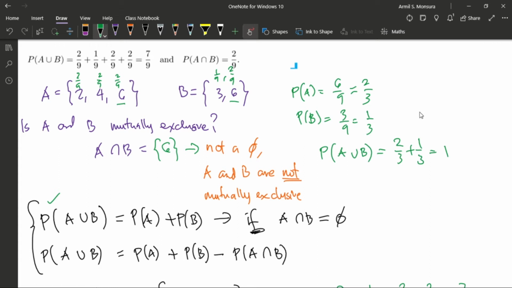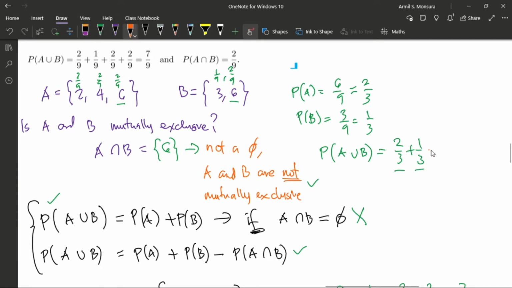Ibig sabihin niya na yung lahat ng sample space ninyo, which is incorrect. Okay? Again, kaya siya naging incorrect because A and B are not mutually exclusive events. Ulit natin, A and B are not mutually exclusive events. So therefore, hindi ito yung definition na magagamit natin. Ang gagamitin natin is ito. So ibig sabihin, para mahanap natin yung probability na yan, bukod sa i-add natin yung probability ng A, which is 2/3, at saka yung B, which is 1/3, kailangan natin i-subtract pa